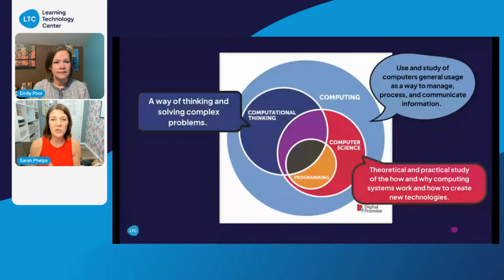How the computers can do the things that we want them to do. This is where we see those more technical, in-depth standards come about, right? Like, how does my device actually function, even at the bits and bytes level? What is the difference between hardware and software? We still apply computational thinking to that study, because that's how we can solve problems with technology, but it's